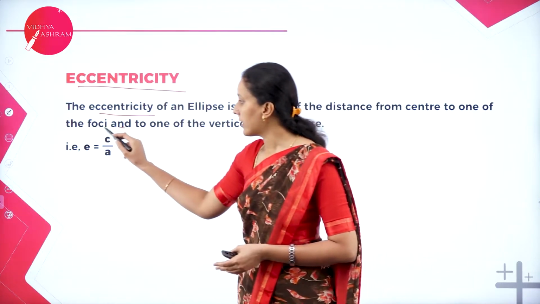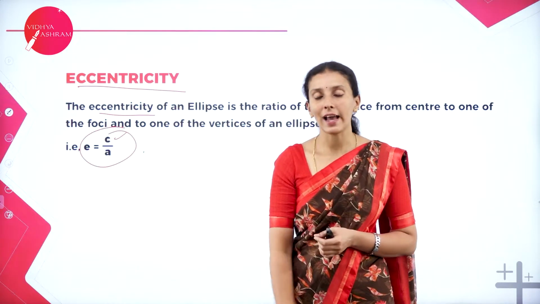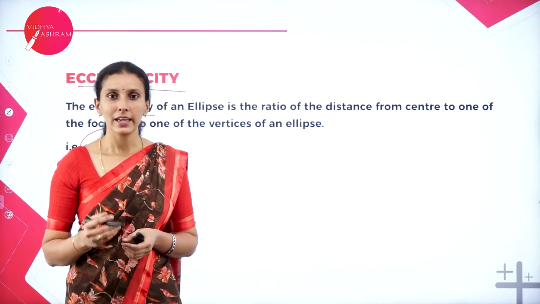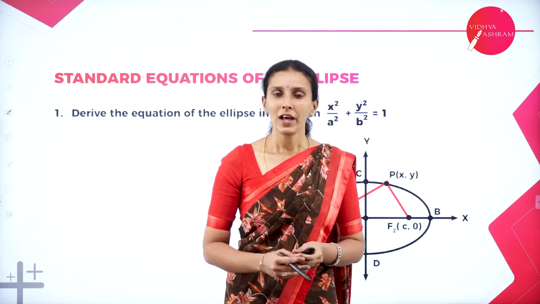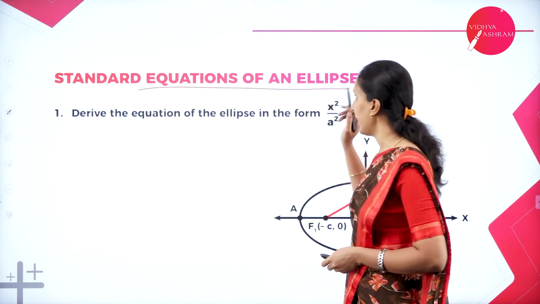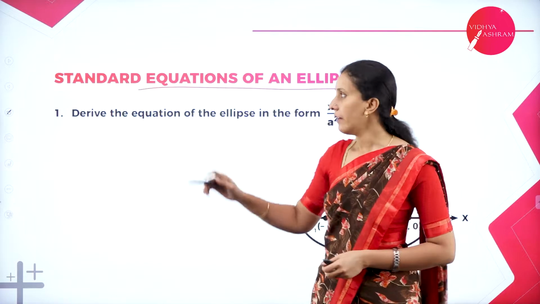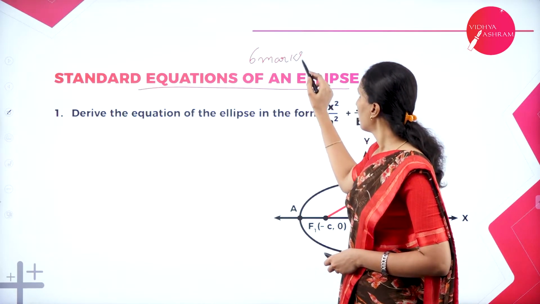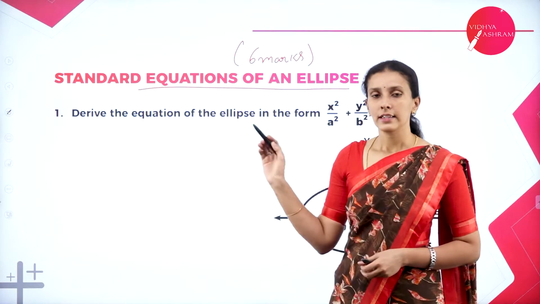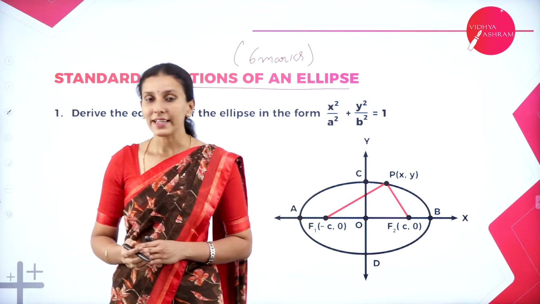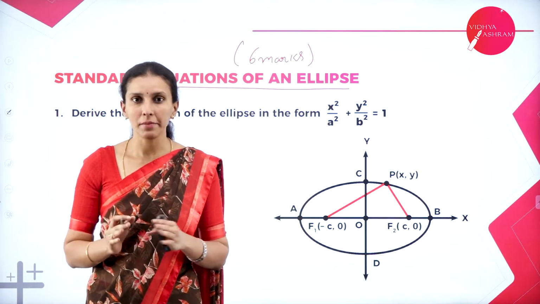So, therefore, the eccentricity of an ellipse can be calculated using the relation e is equal to c divided by a. Now, let us consider the standard equation of an ellipse. You have a 6 marks question on the standard equation of an ellipse. In part E section, you will attend the 10 marks question in the form of